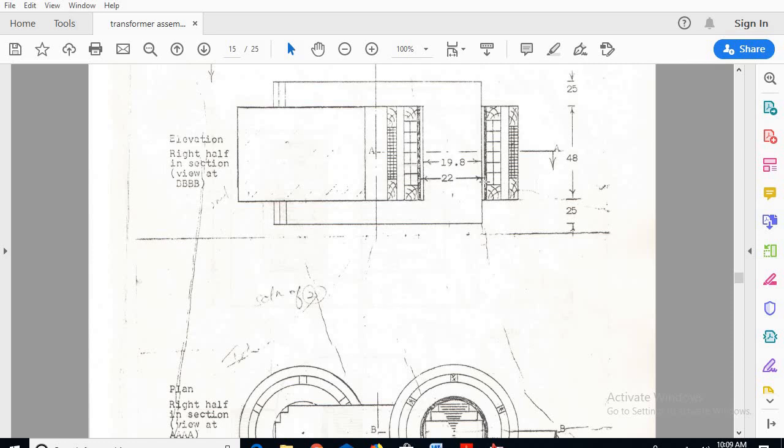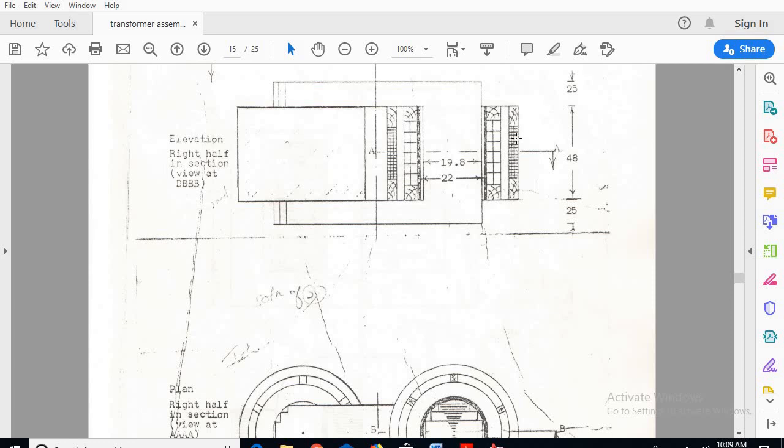So this is the duct between LV and HV winding, and here is the diameter of the circumscribing circle 22, width of the largest stamping as 19.8. Okay, so from here to here it is the height of the core as 48 centimeters. So here the windings are, if he is giving the dimension, I can show the windings, or fully I can take it as 48 centimeters will be all the windings.